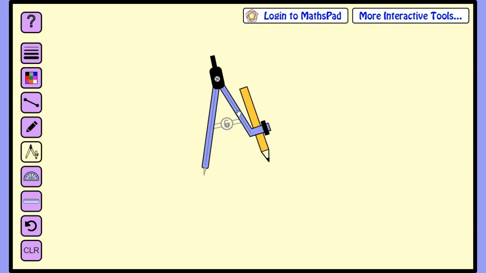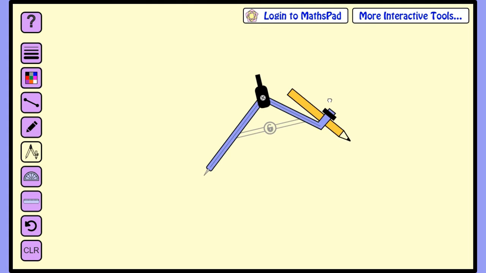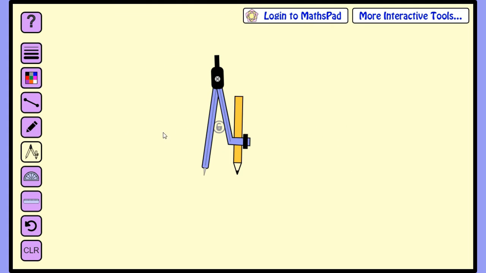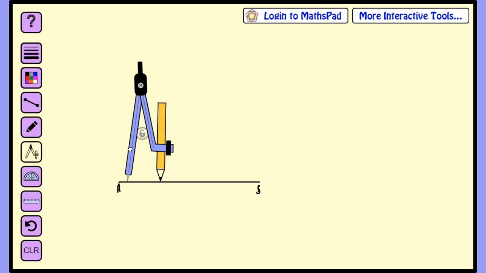Let's clear this. And now comes the compass. So I think this is the main part of this website. For doing that, I'll just choose a line segment. Let's draw it. After that, unselect it and choose a pencil. Let's mark A here and let it be B. After that, choose a pencil, and I'm taking the compass now.